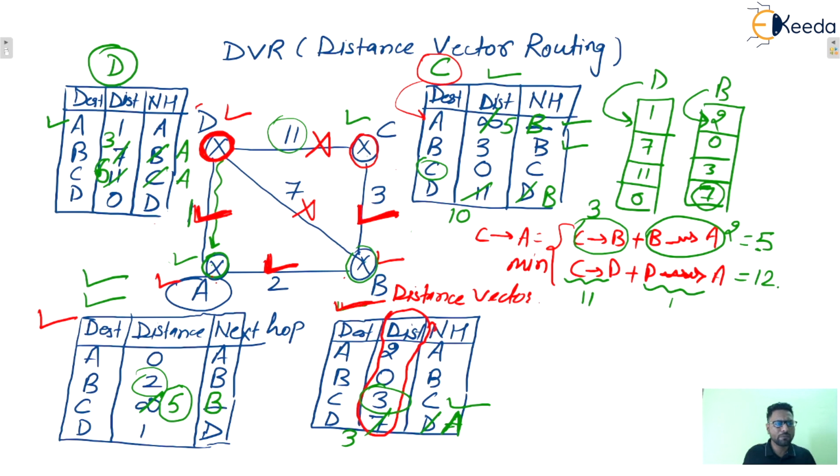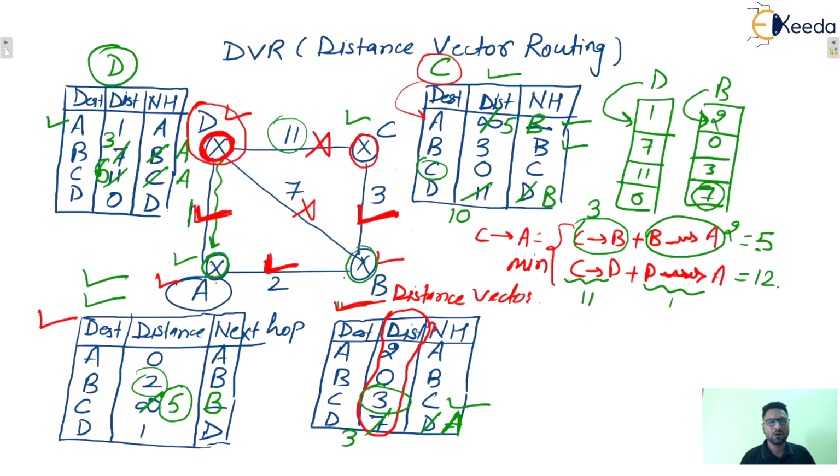Try to do it manually. Take D, find the shortest path from D to every other vertex, then from C to every other vertex, then from B to every other, and from A to every other, isn't it? So those will be the paths in distance vector routing. No need to apply this algorithm and write these routing tables. Directly you can do it. Ultimately you have to find out the shortest path, nothing else.